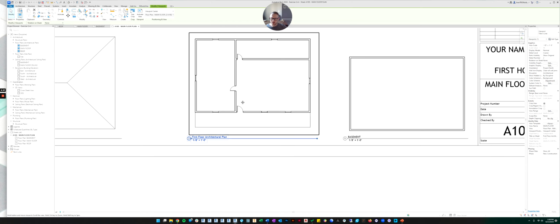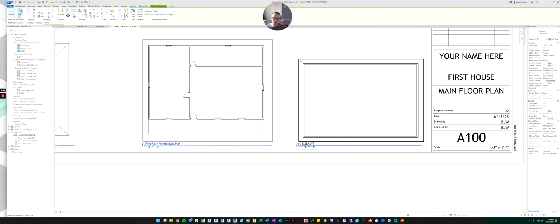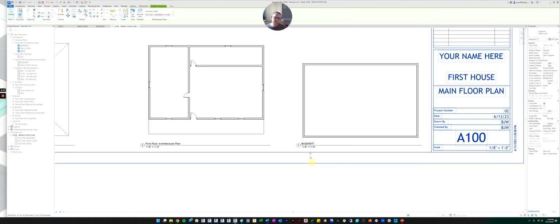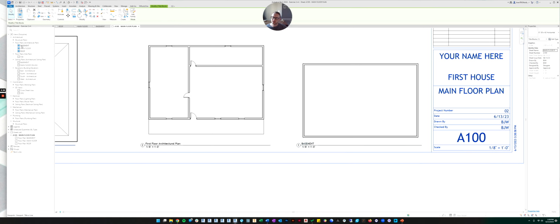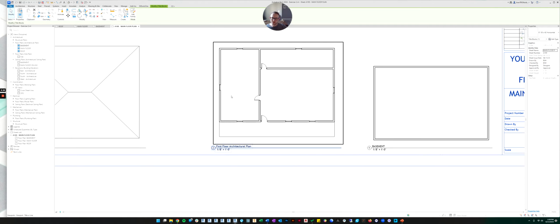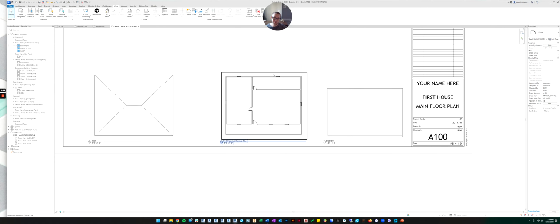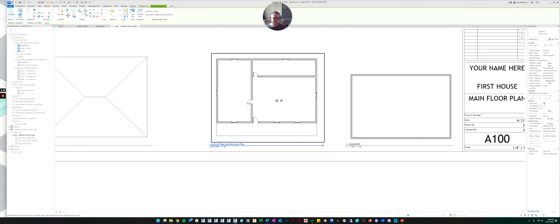Now, again, this is a weird template thing. Normally, the default is the label on the sheet will be the same as the name of the view. But in this case, you can see someone's interfered. This is why I don't love the template. It really undoes a lot of the default behaviors.